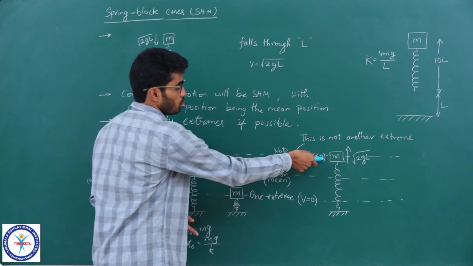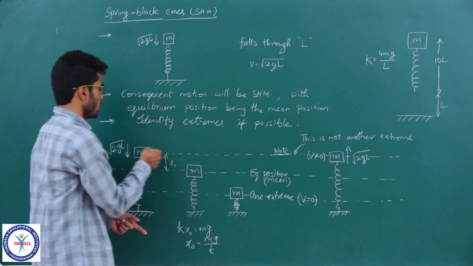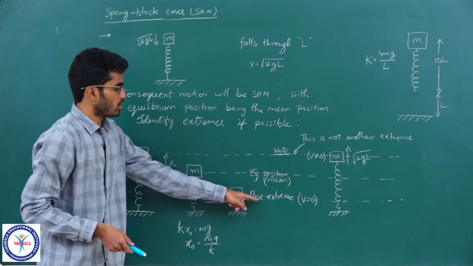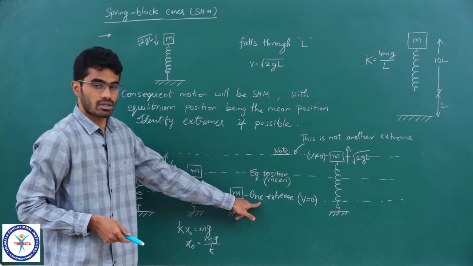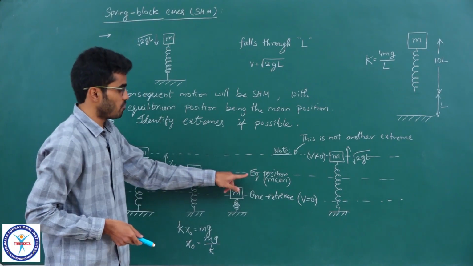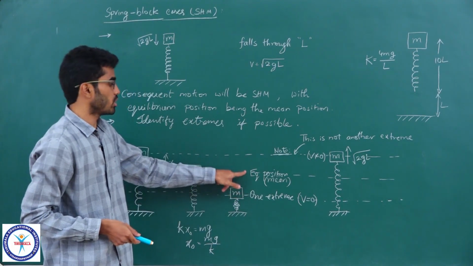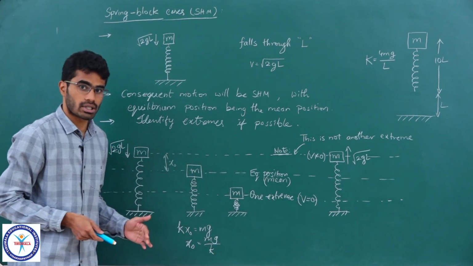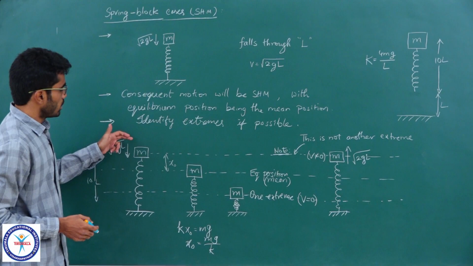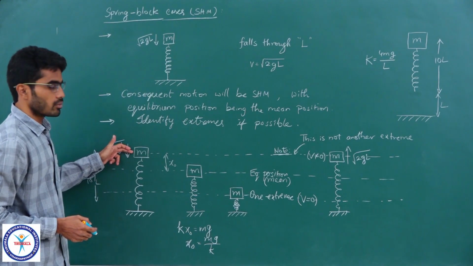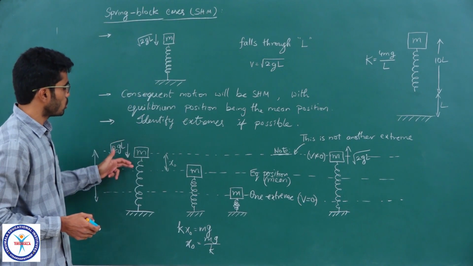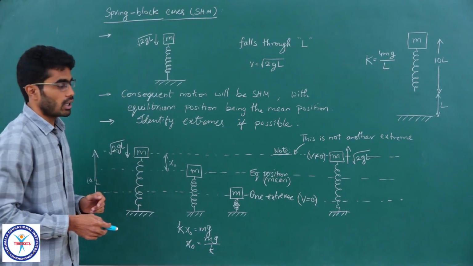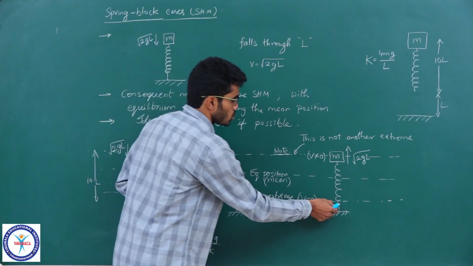And the velocity will not be equal to 0 here. This natural length level is not the other extreme. We have one clear identification for the extreme here on one side. We know clearly the equilibrium position, but we are not sure about the other extreme. It is not performing a complete oscillation. The oscillation is from a position between amplitude and the mean position here. It is not coming from one extreme, and the spring is not attached to the ground as well.